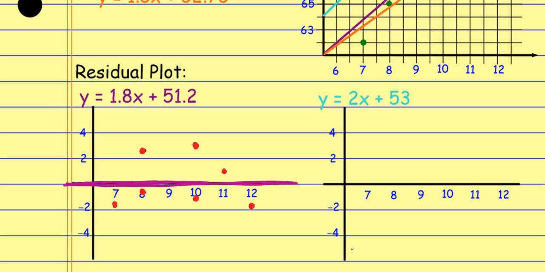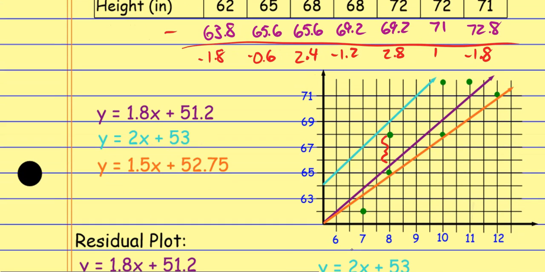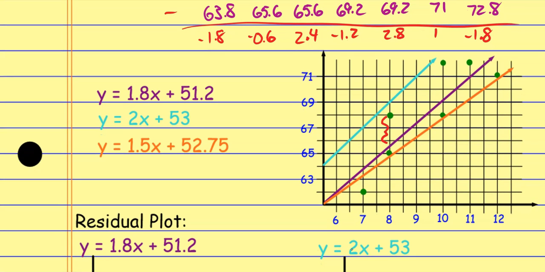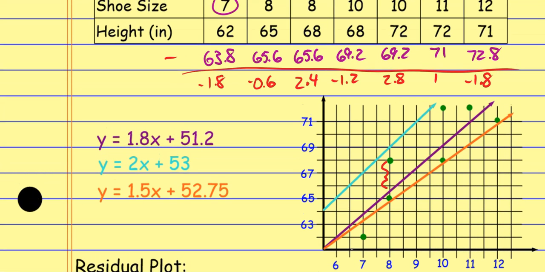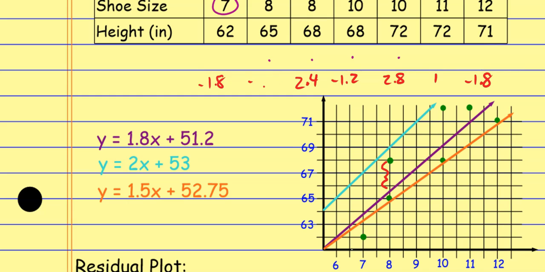And when you look at this one, maybe it's hard to tell. Let's look at one that's not as good, all right? If I look at the line in blue this time, let me erase these guys. I'm going to do the same thing for the line in blue, and I'm going to plot it down below. All right, so if I did the line in blue this time,